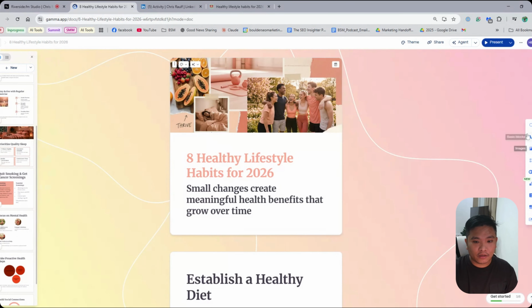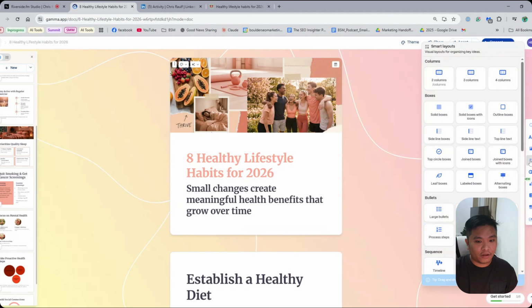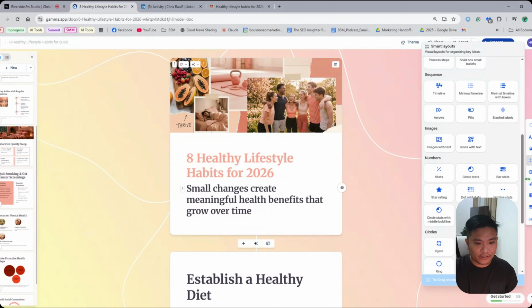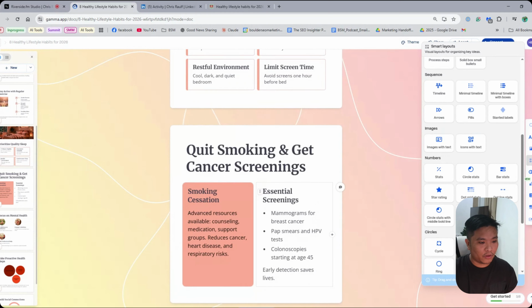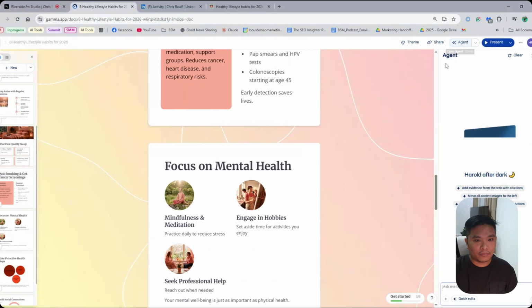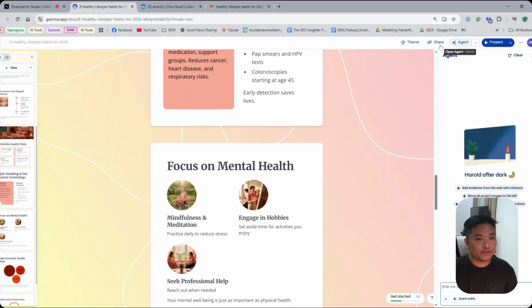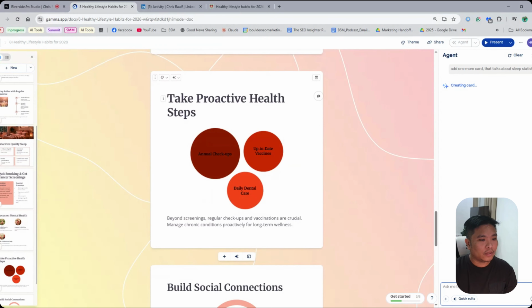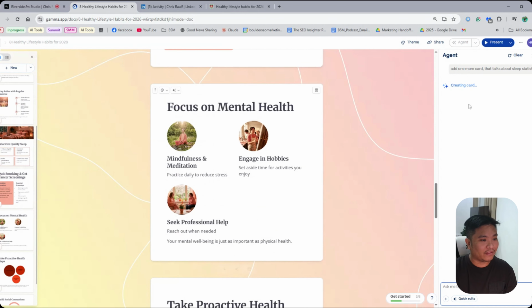And by the way, here you have a lot of options. Like for example, you want additional infographics, statistics. They have a new feature here. It's called Agent. Say, add one more card that talks about sleep statistics. Let's try that. So basically, if you don't want to do any of the manual editing here, you can just